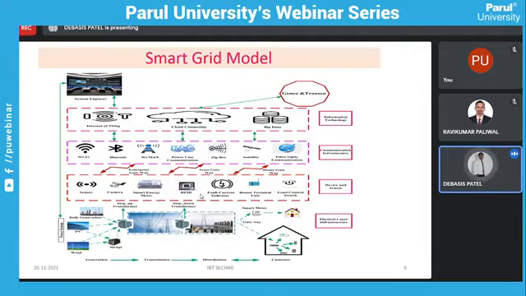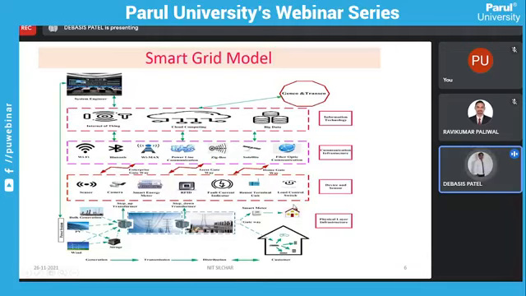RFID is also used nowadays in toll tax. Toll tax is now going automatic, right? There also we are using RFID. Whenever your bike or vehicle passes, the amount is automatically deducted from your bank account. So the same provision is going to be applied for your electric vehicle, right? There are so many devices that make our working processes smarter.